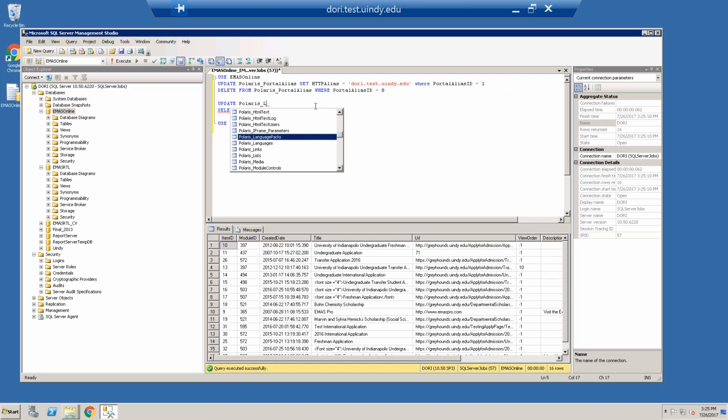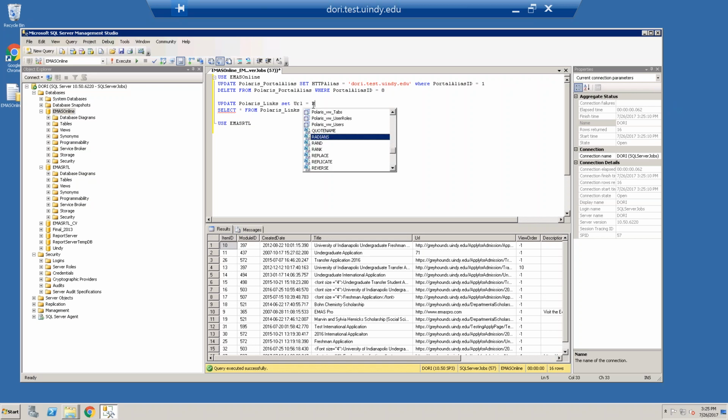underscore links set URL equals, and I'm forgetting what the syntax is for that. Hang on one second. And we are replacing